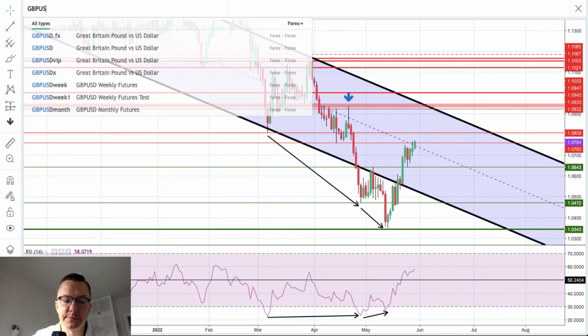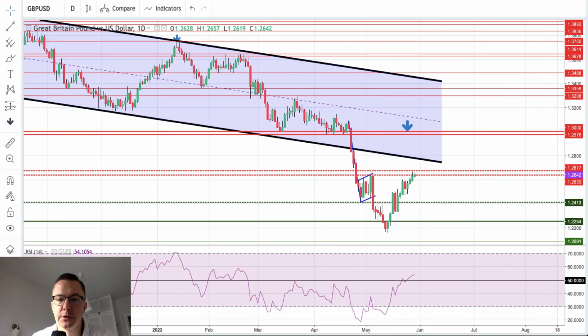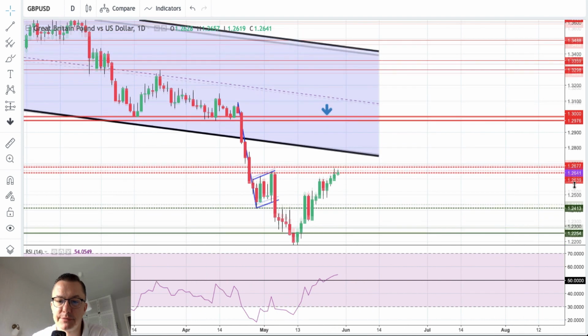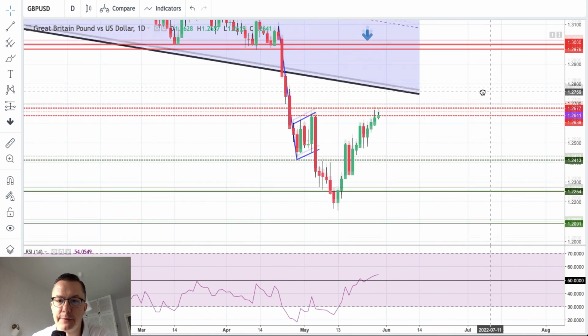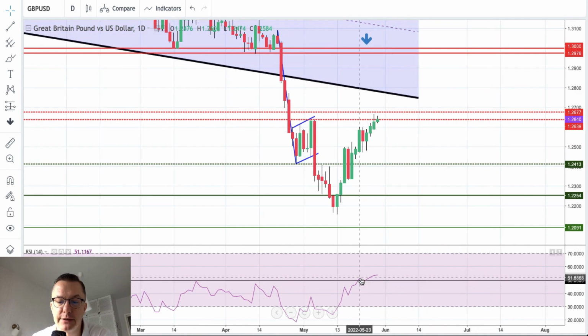What is going on cable? The British pound to American dollar daily time frame chart is not that much dynamic as the euro dollar. However, this market keeps going up, and the recent breakout above 1.2641, no candle close yet. However, it was a very interesting move to the upside, is backed up by the RSI. Of course, the RSI broke above the level of 50 finally. This is the first time since